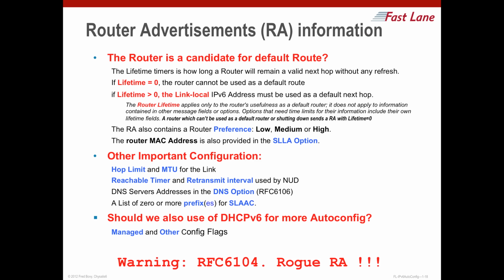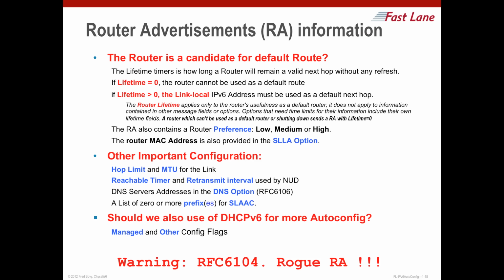The lifetime parameter only applies to the capability of the router to behave as a default router. You may also have the preferences if you have many routers, so the router with the highest preference will be the default router. You also find the MAC address which is provided, so you don't need to request it